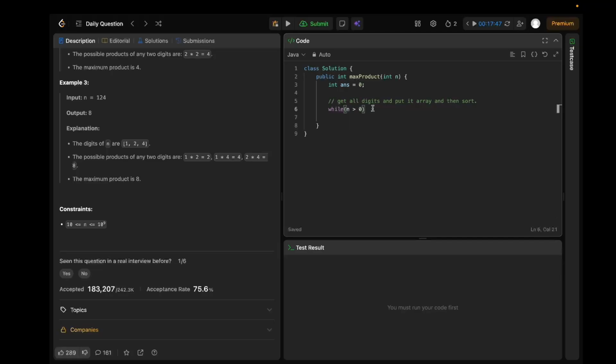Okay, let's see. If both max 1 and max 2 equal 9, we stop. That's the maximum value we could have, right? What if it was 99999? Okay, so what we do,